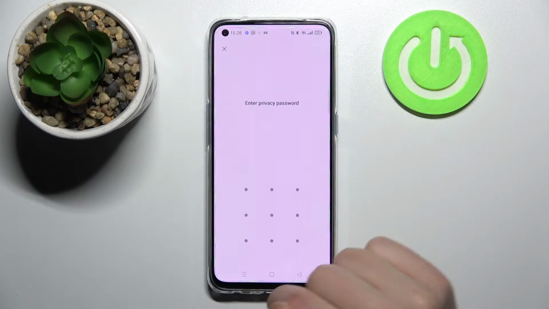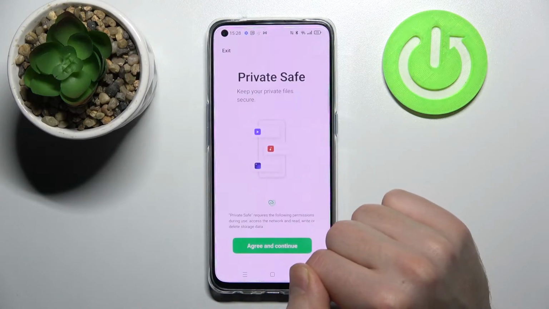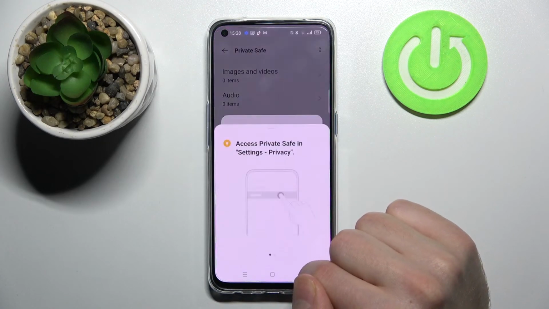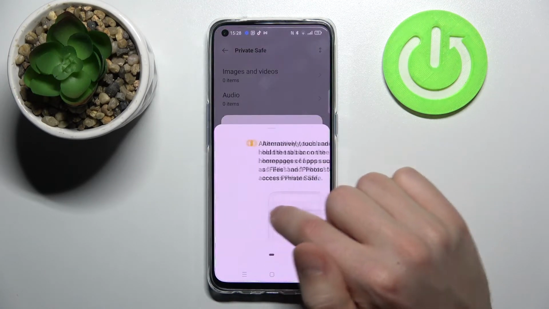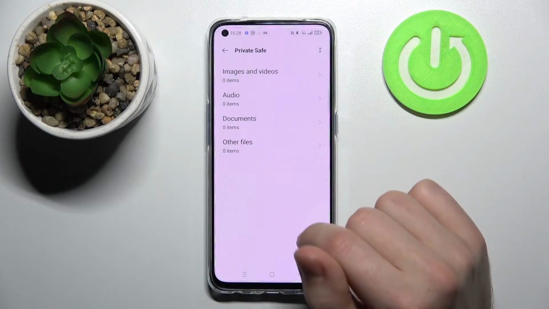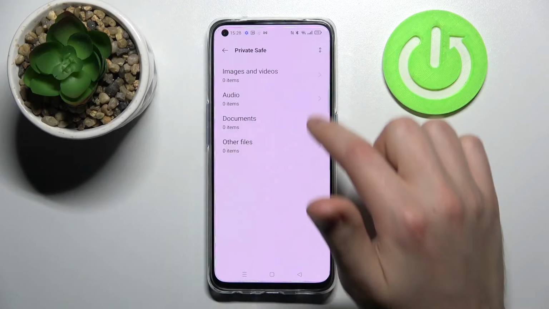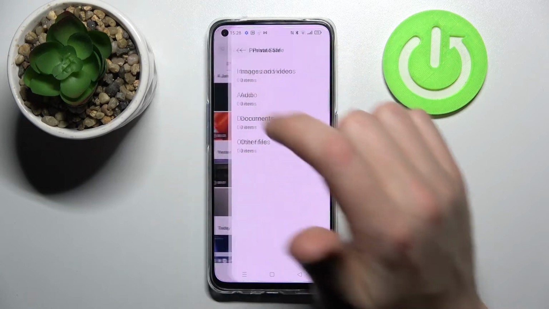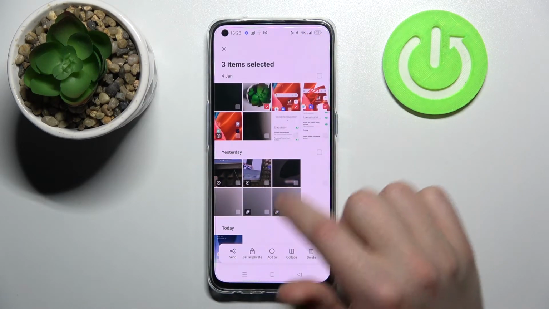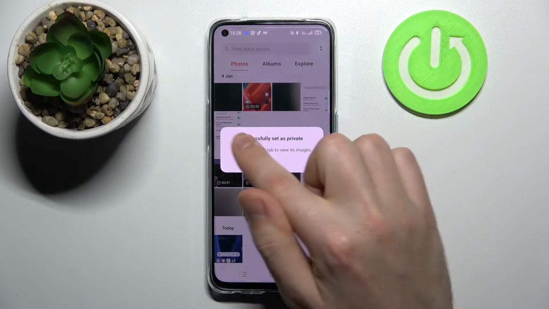So press it, then enter your privacy password, and now the private safe option, agree and continue. Access private safe, settings, privacy, okay, use face, cancel, okay, and this is the private option settings, so click back. Now one more time. Press and hold, select photos, click on the bottom set as private, and now we see